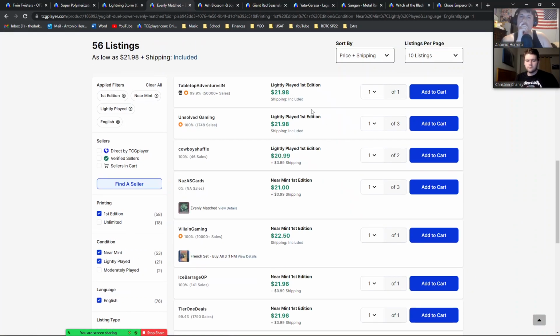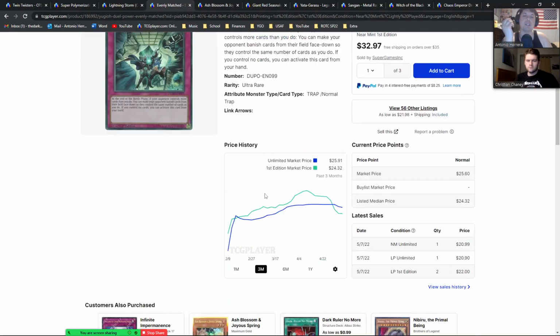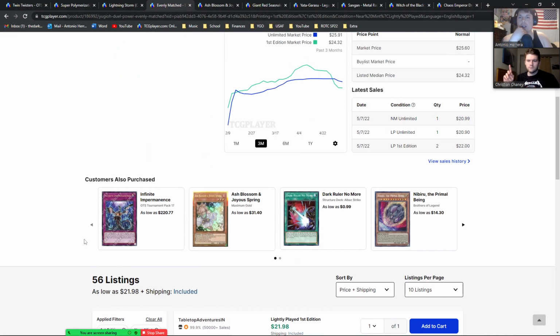But we're going to go ahead and take a dip into these. These are about 22 bones, slightly played, give or take. Again, you're going to be playing these for playability purposes. They're not for collectability purposes. So if you go lightly played or near mint, it doesn't really matter. And then,